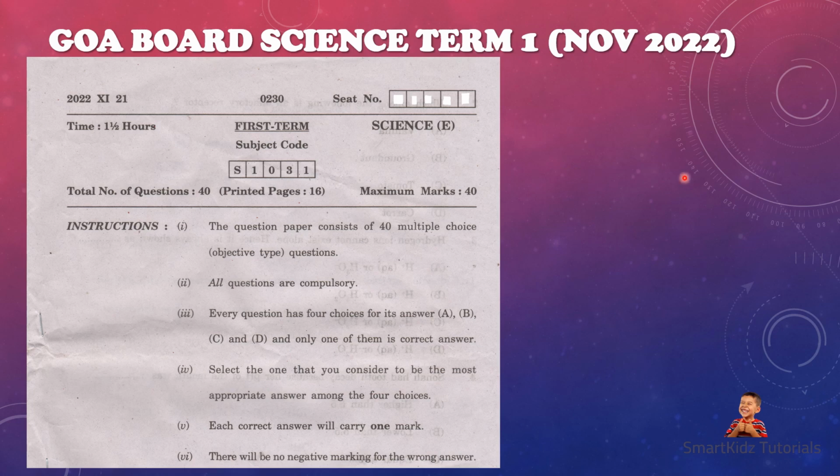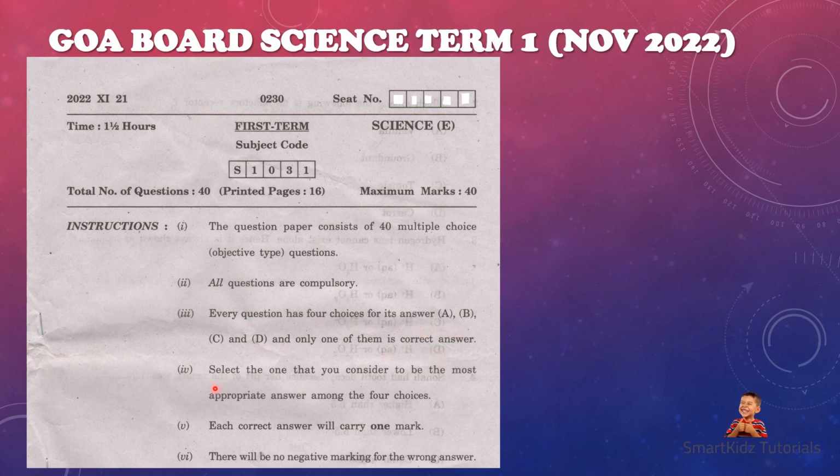So let's quickly go through the instructions first and overall whatever is given in the first page. This was for 1.5 hours and 40 marks. Totally, there were 40 questions printed on 16 pages. Instructions given are: the question paper consists of 40 multiple choice or objective type questions. All questions are compulsory. Every question has 4 choices for its answer: A, B, C and D, and only one